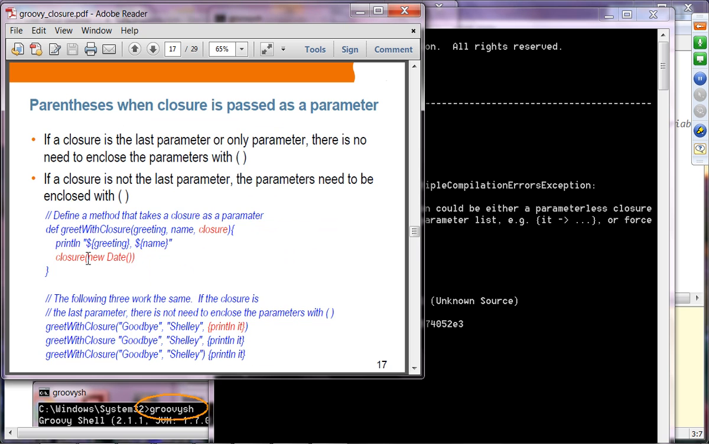And of course, you don't have to have parentheses here either, right? So when you are passing a closure as an argument, if this is the last argument, then you don't have to have a